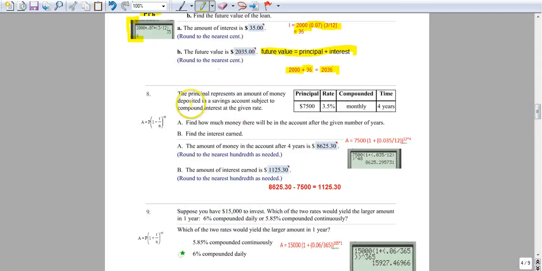Number 8, the principal represents an amount of money deposited into a savings account subject to compound interest. So there's a keyword, compound interest. You know you need to use this formula that I've put over here to the side. So we're filling that in. P is the principal, 7,500, and then it's 1 plus R over N. R is the interest rate, 3.5%, so 0.035,